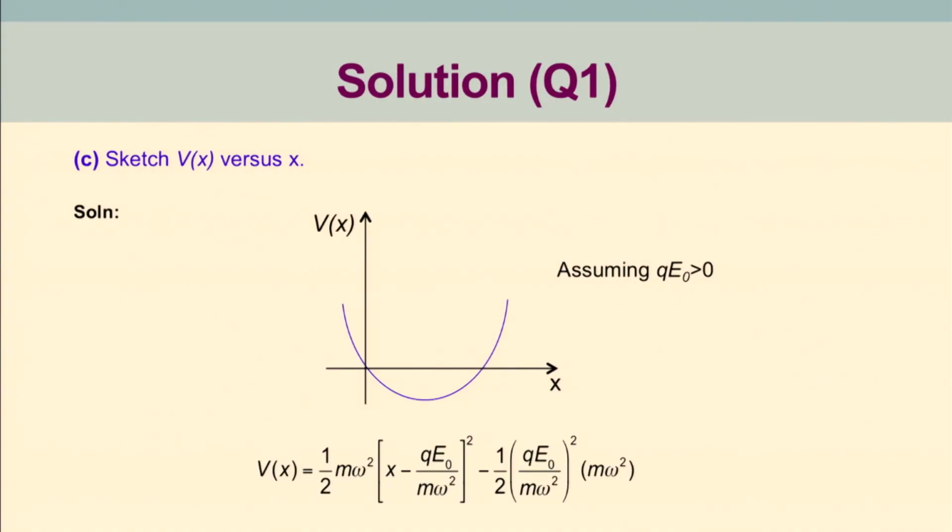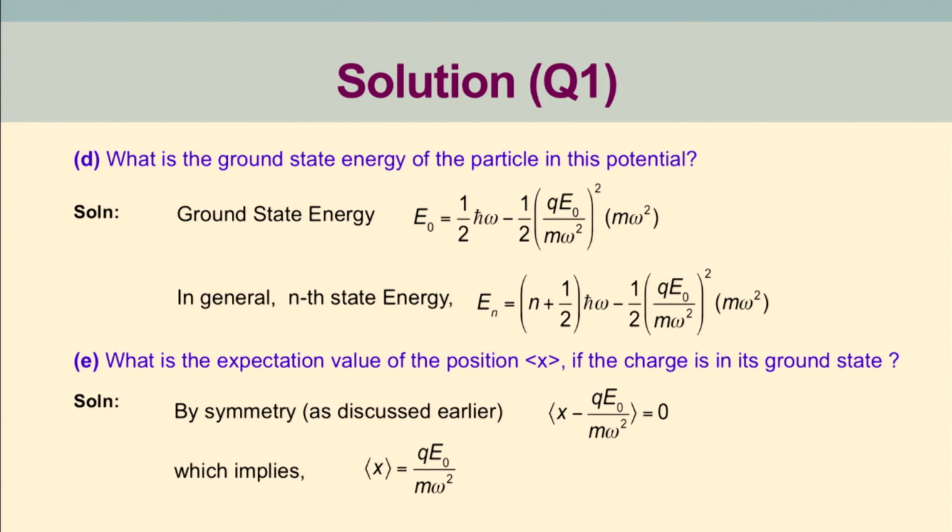So, it is still a parabola, but it is a displaced or a shifted parabola, and by plotting this sketch I assume that qE0 is greater than 0. So, this is the third part of this problem. The fourth part of this problem was, what will be the ground state energy of the particle in this particular